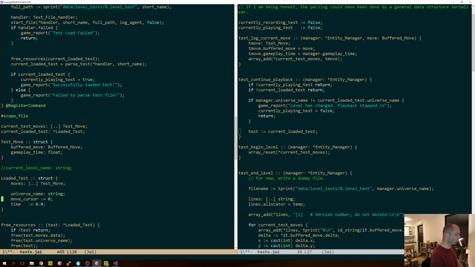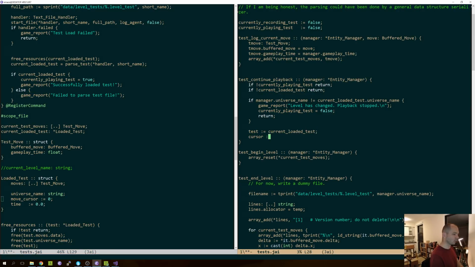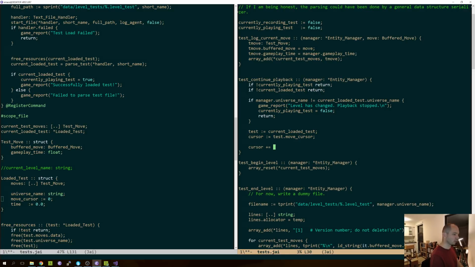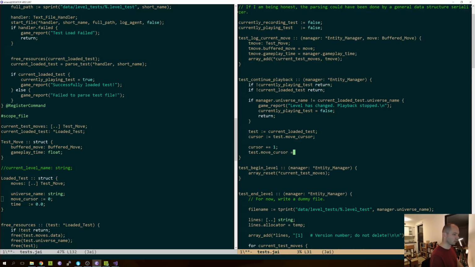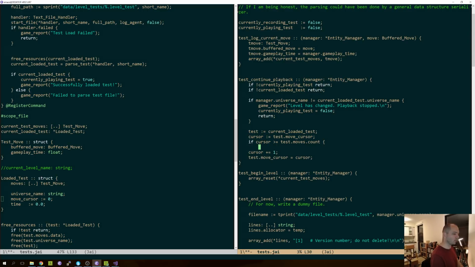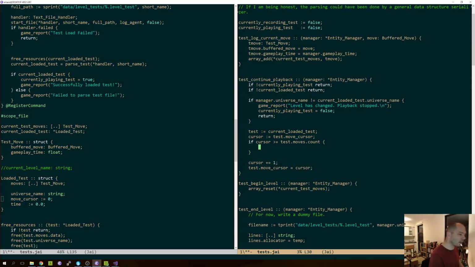Now this has a move cursor. If cursor is greater than or equal to test.moves.count, then we say,